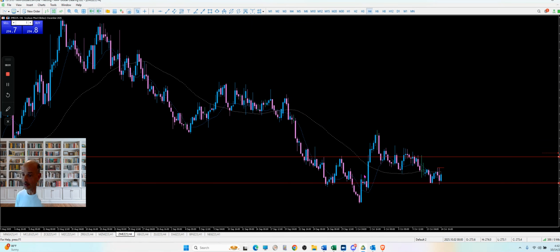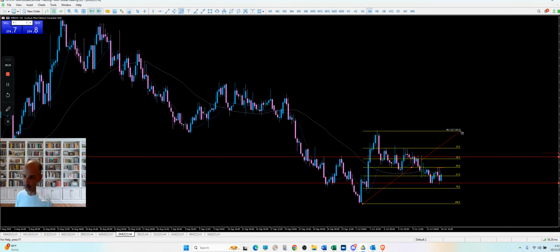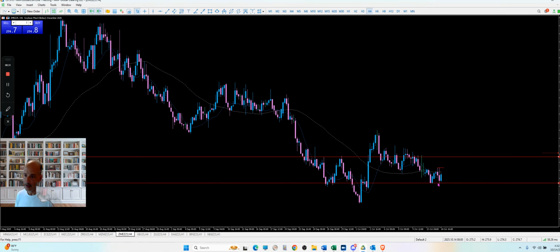Because we had this impulsive move up that aligned with the seasonality change. And then we've had this very choppy move back down here. Lots of small candles, lots of wicks. This to me looks corrective, right? It's not impulsive. Other than this candle right here, this is not an impulsive move. And if you want to look at Fibonacci, it's not really sitting at a key fib level, somewhere between the 61 and the 78.